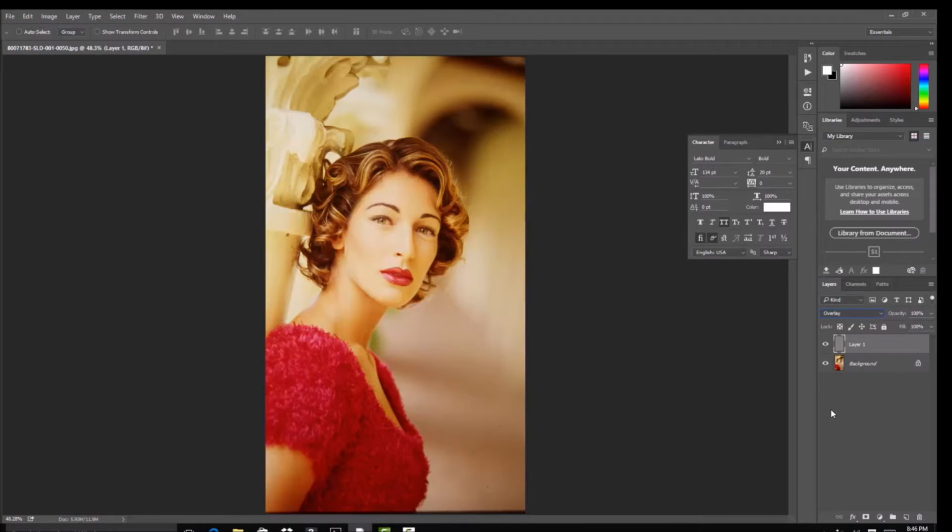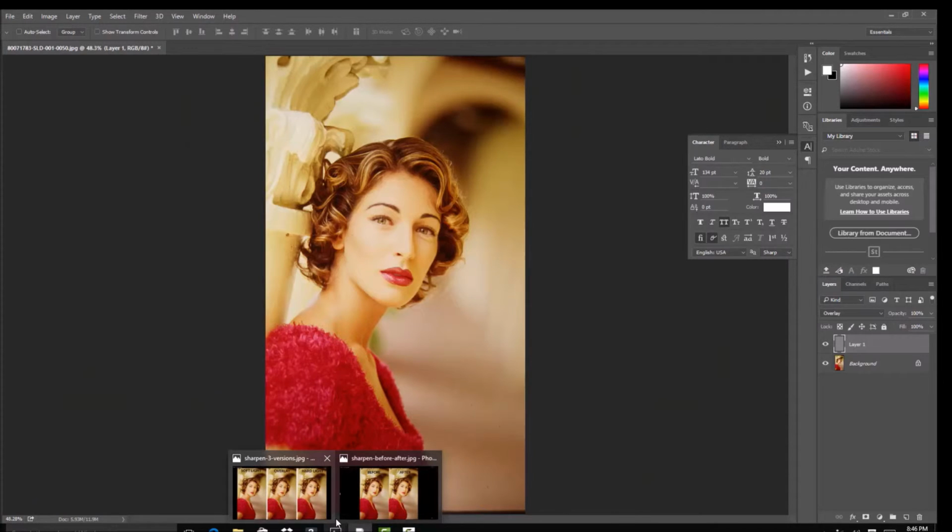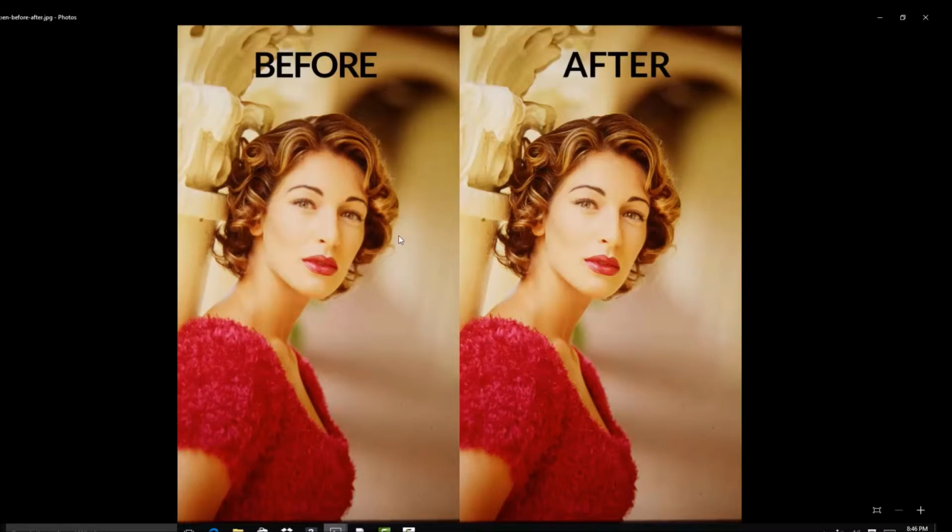And what we have actually done here is sharpen the image. And if you don't believe me, watch this. I'm going to turn off this layer and watch the difference in the look. Look at her eyes. Look at the difference in the sharpness. What I'm going to do here is bring up a before and after picture where you can see the difference between the two. You see it before. Look at her eyes. Look at the